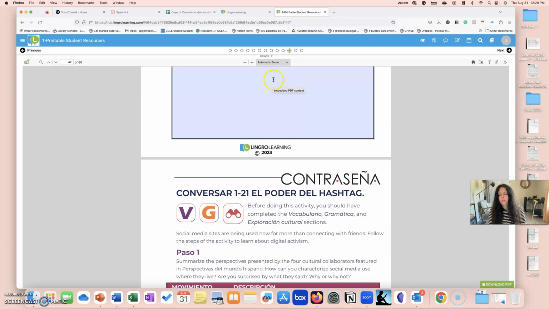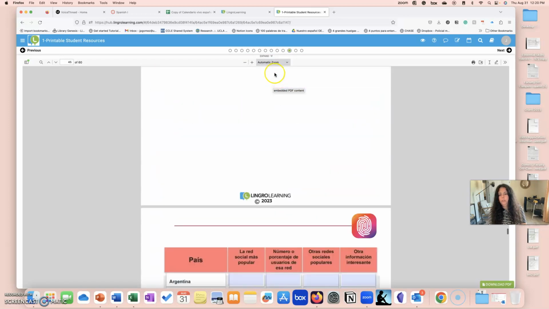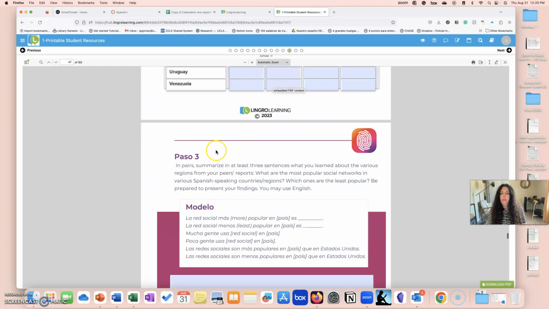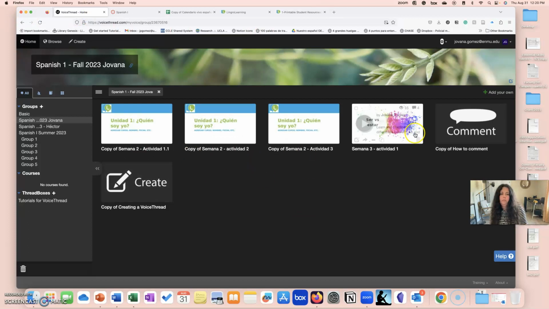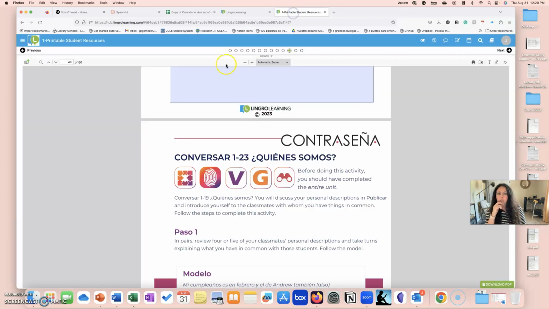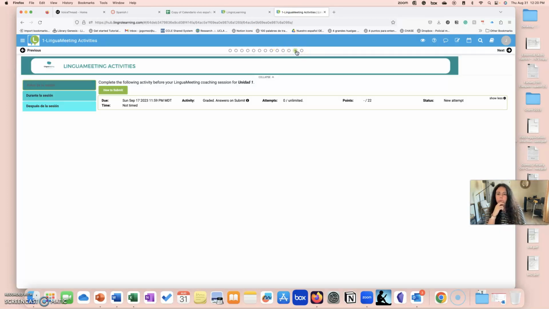So, and also on Canvas, you will be doing a lot more. On VoiceThread, you will be doing more of these activities. Like most of my activities, I get them from Lingro Learning, from Contraseña, so you're not seeing double or anything like that. And then you have the Lingua Meeting activities.